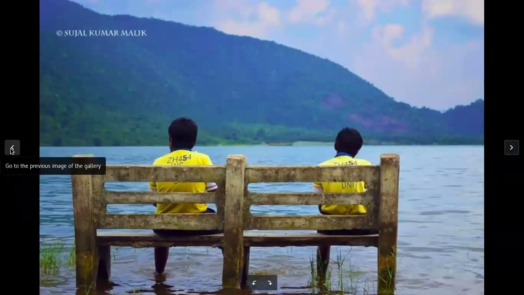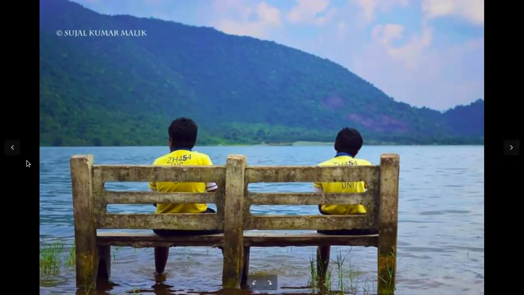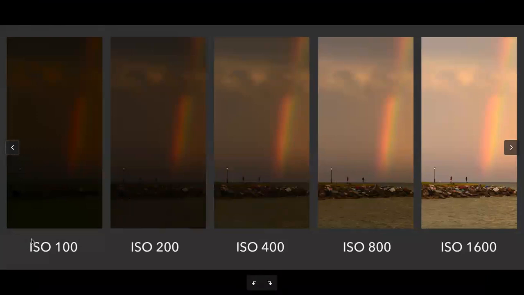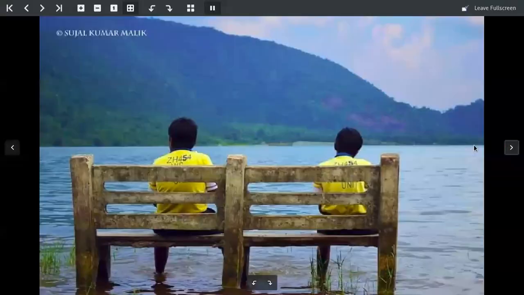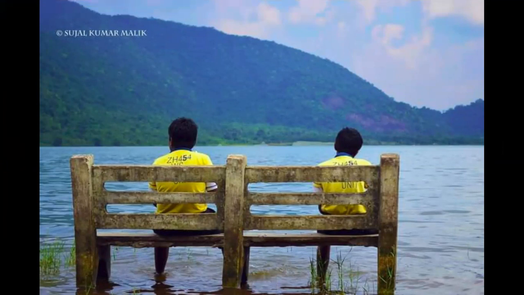So how can we use it? Let us say in proper daylight, where there is no question of low light condition or lack of proper lighting, we'll go for the lowest possible ISO, that is ISO 100, right? So for proper daylight, we'll go with the lowest possible ISO that our camera or phone is supporting.